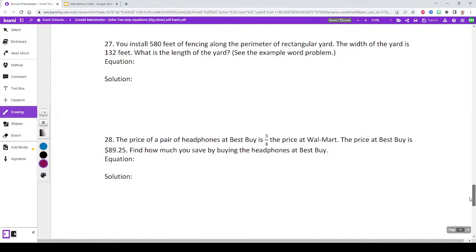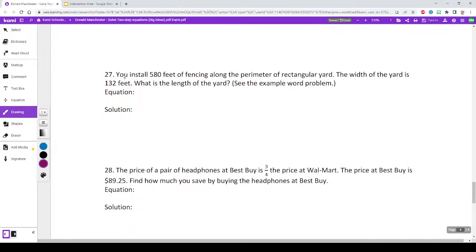Okay, last 2 problems. You install 450 feet of fencing along a rectangular yard. We know that the width is 132, and we know that we're doubling the width. We saw that today, plus double the length. There we go. So 580 equals 2 times 132 gives us 264,